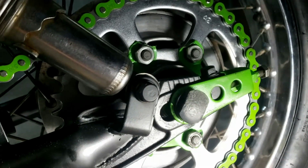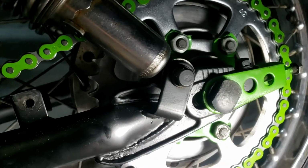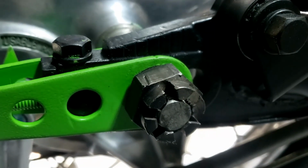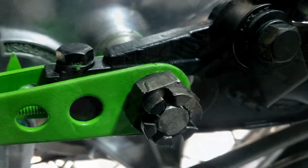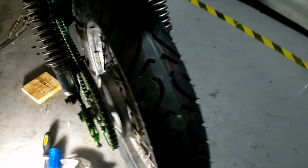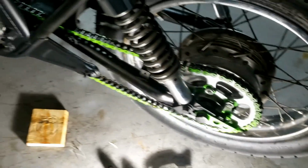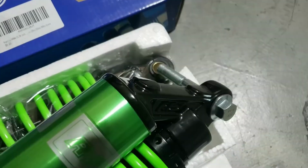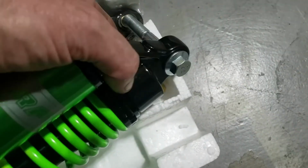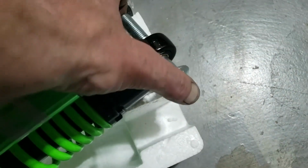Look at all that matching green. Lovely. Which is one of the reasons I didn't tighten that up too much and put the split pin in and everything else. Seeing as it's going so well on the rear end, I think it's time to tackle the shock absorbers. So the good news is I've got some 12mm bolts. I bought something else which are of course the wrong size. They're the perfect size for these,